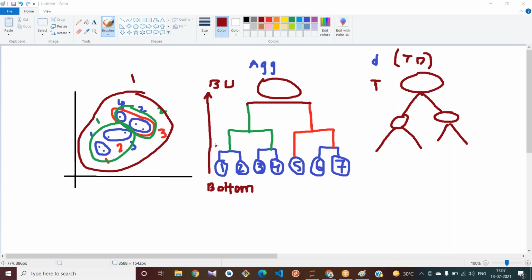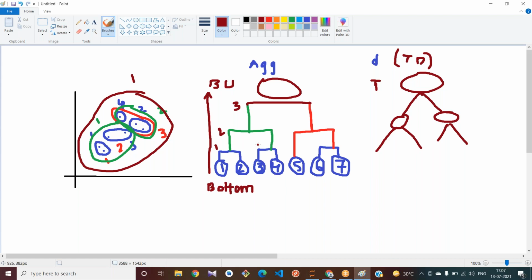See, this is one level, this is the second level, this is the third level. We are trying to calculate all the distances, nothing but all the possible divisions, the clustering. But we won't take all of these. We will take some level from this approach.